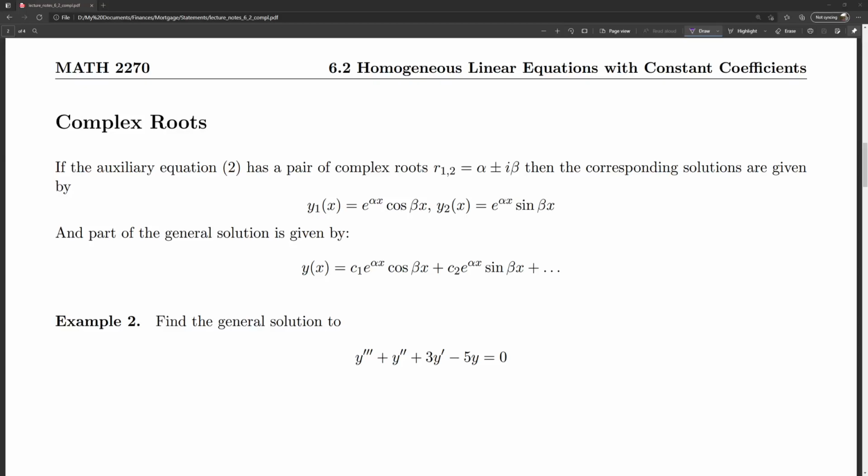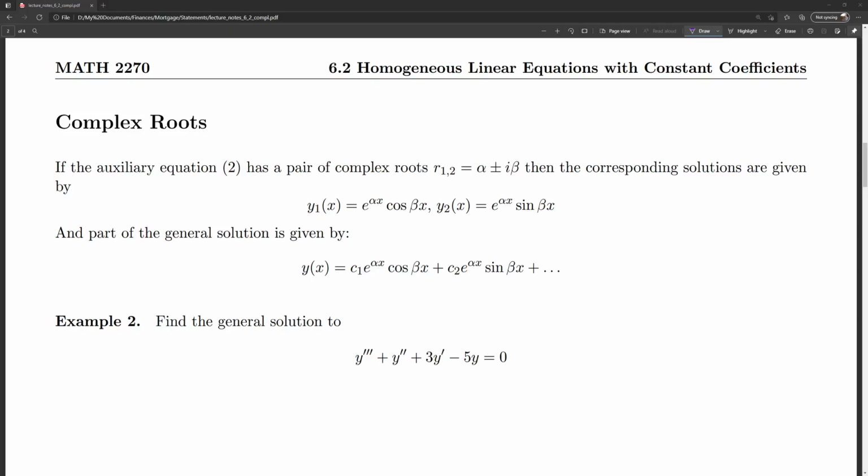So what happens when the auxiliary equation has complex roots? If the auxiliary equation that we saw in the previous video has a pair of complex roots, r1,2 equals alpha plus or minus i beta, then the corresponding solutions are given by y1 of x equals e to the power alpha x cosine beta x, and y2 of x equals e to the power alpha x sine